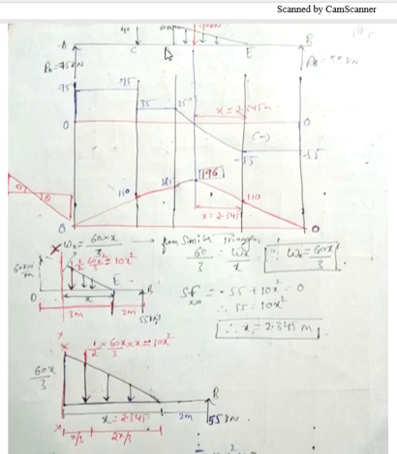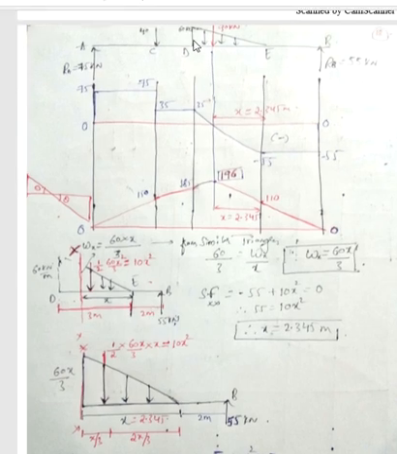See, this entire figure I have drawn here, whatever the figure is from this end to the right side, but I need to consider only the figure up to this section. This is the larger triangle having a load intensity of 60 kilonewton per meter, which is given in the problem. This distance is 3, and from here the right side distance is 2 meter, and the reaction load is 55 kilonewton. That is what I have represented here.